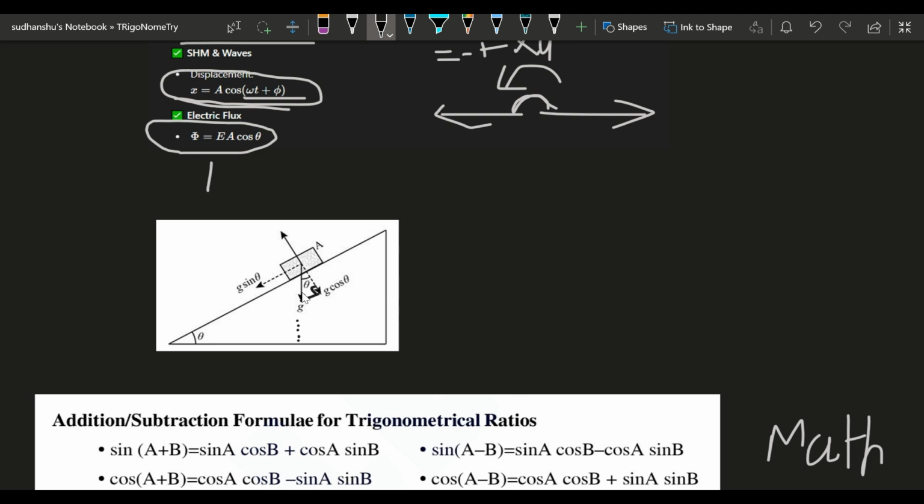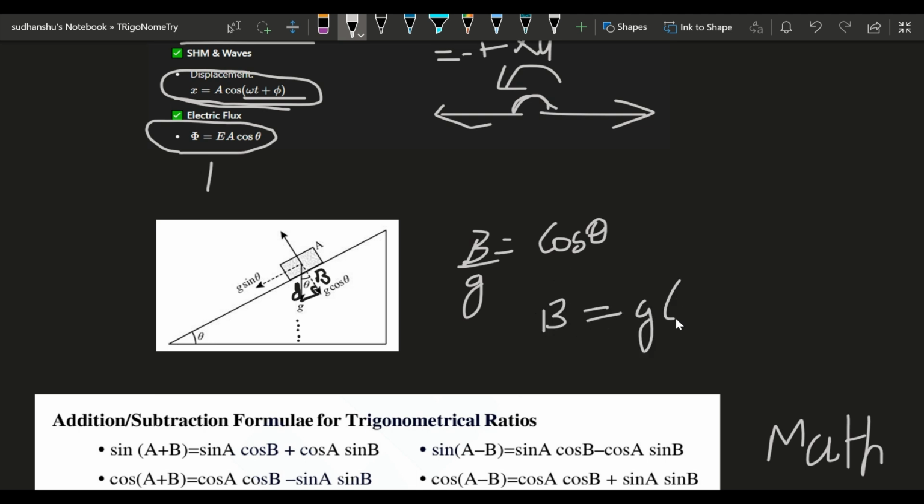So what you see is, if this is g, the acceleration g downwards, it is a vector here. So what will be this? If this is g, अगर इसका magnitude g है, तो this is like the hypotenuse for this triangle. And if this is the hypotenuse, then this is the base for this triangle. So now if we want to calculate the value of the base, we just divide the base by g, and base over g is equal to cos theta. And you can directly say the value of the base is g cos theta.